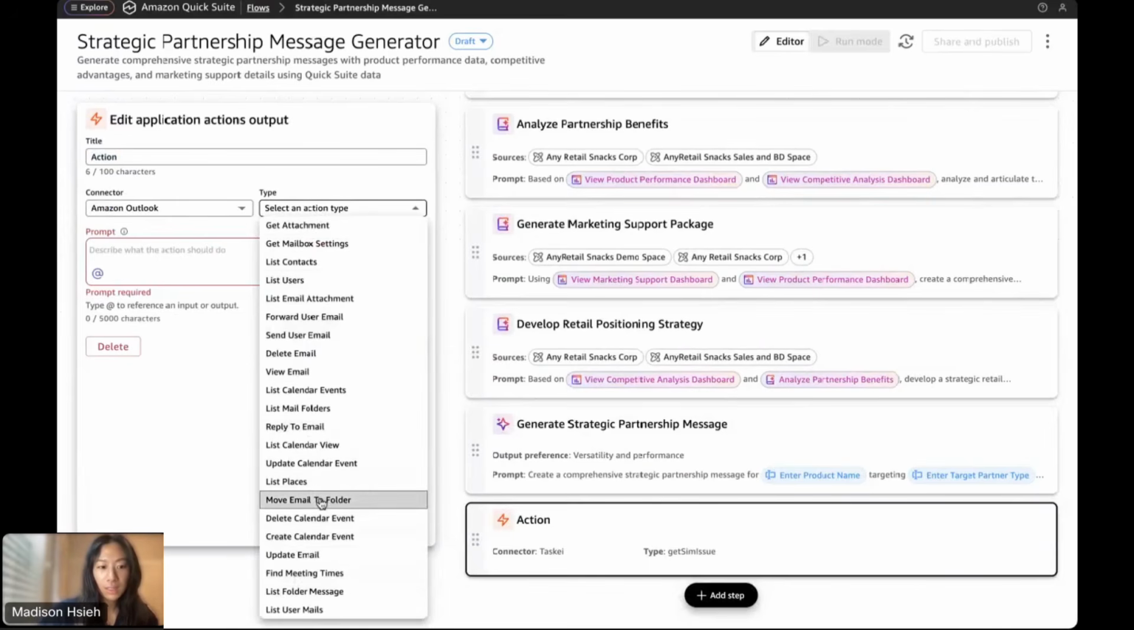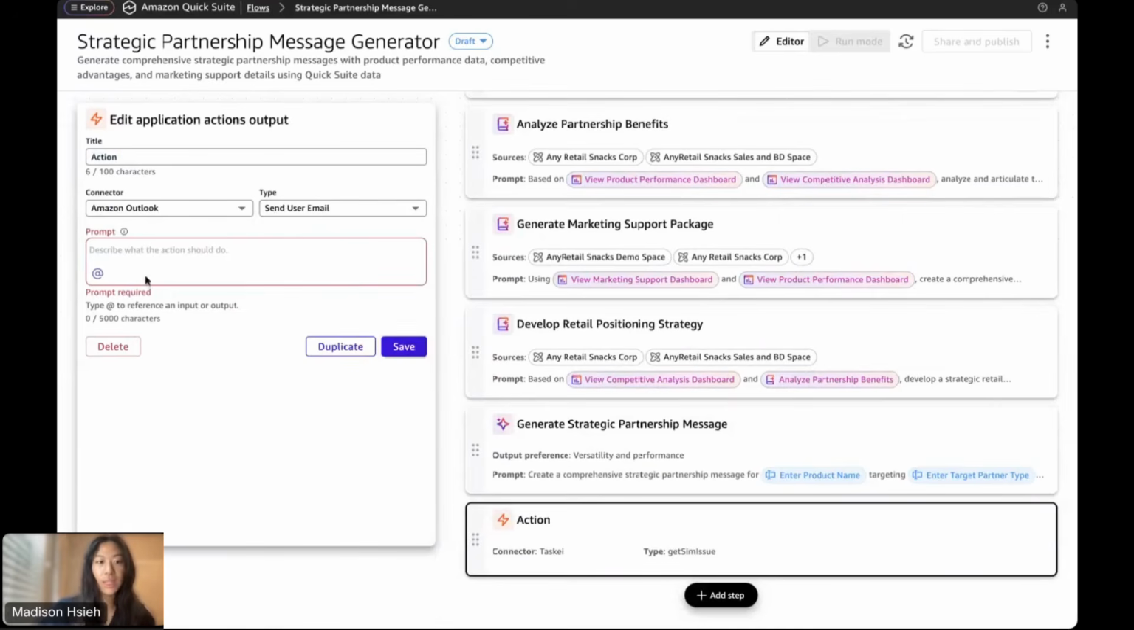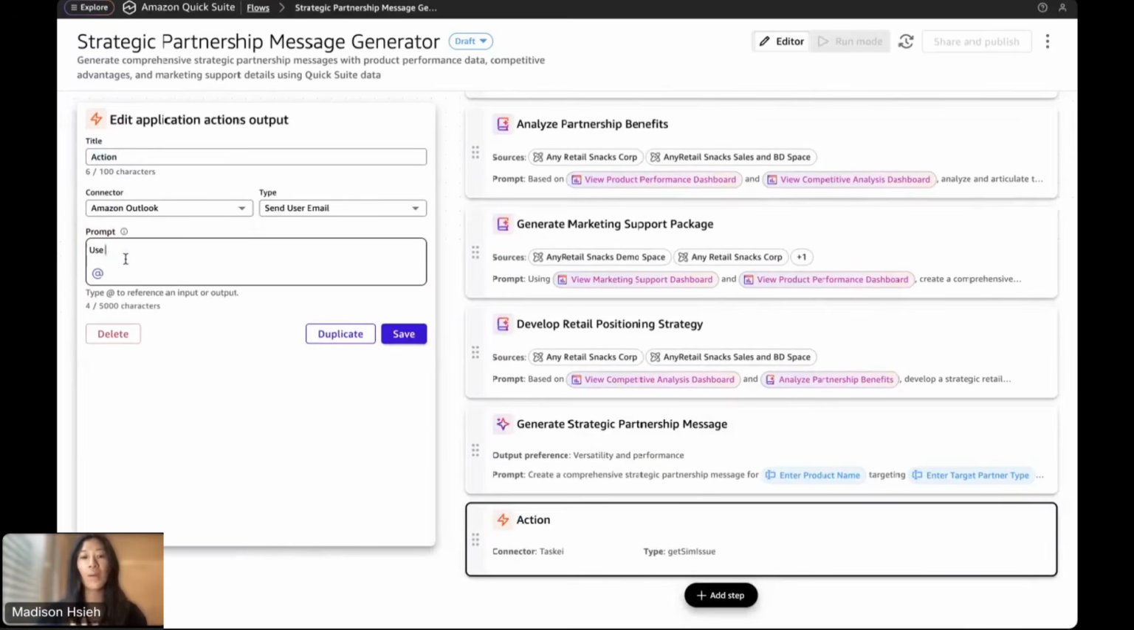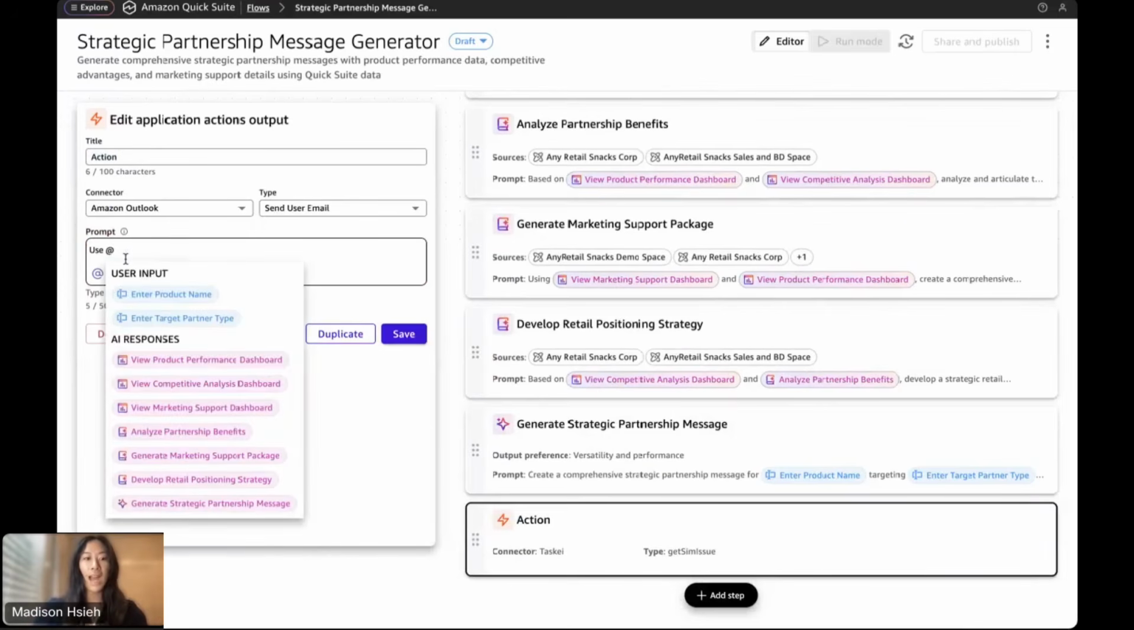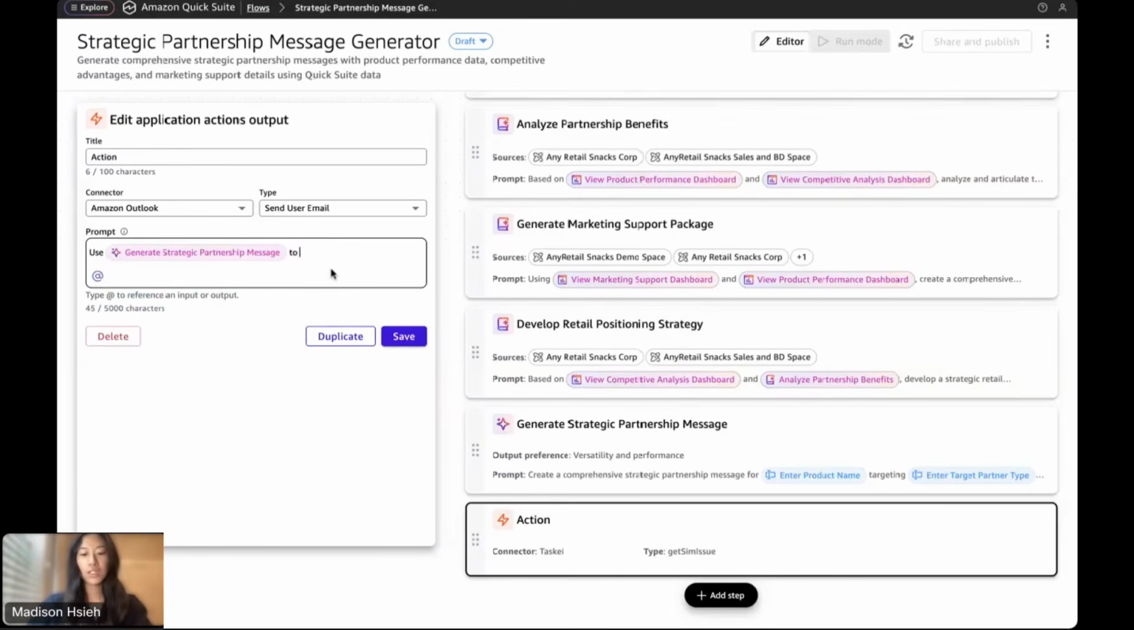I can see it. There we go. Send user email. Prompt: Use... And then anytime you want to reference an above step, you will use the at sign. So I'm going to say use the develop retail position, no, sorry, the generate marketing partnership message to send an email with the